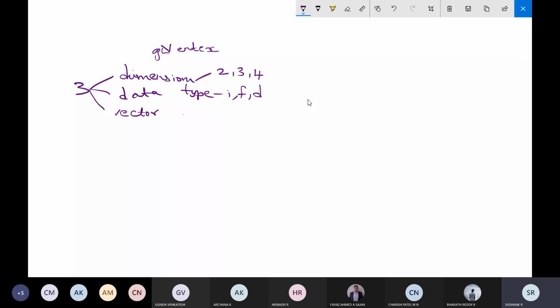After this, the vector. What do you mean by this vector? Sometimes, as we saw in one example, they declared an array of coordinate positions and were passing it as a parameter. So this V will be used for the vector form. Whenever you are using V, the input will be given in the form of a vector.